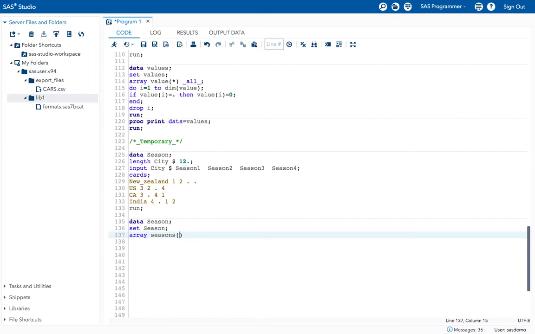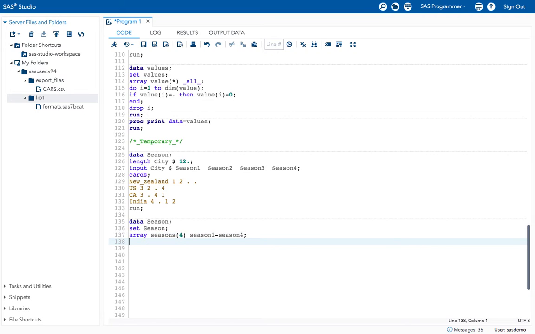In the parenthesis give for how many variables I want to assign the values. I want to assign for 4 variables, right? So mention 4 here, from season 1 to season 4. You can also give all the 4 variables, but I am using the shortcut here.